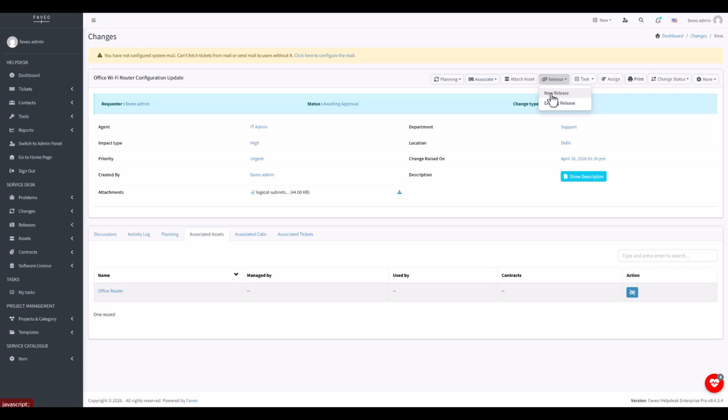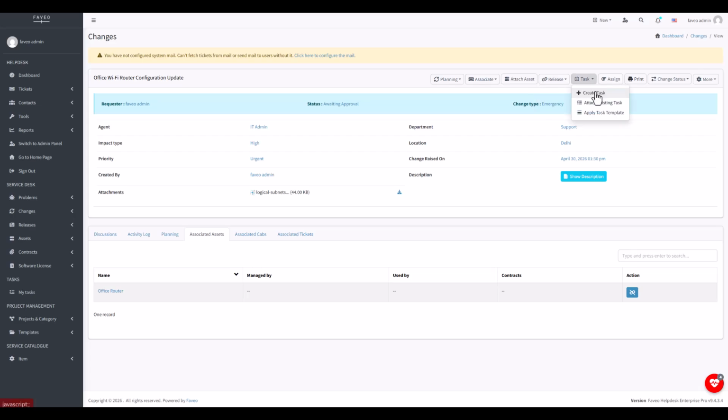You can use this when you want to create and link a new release record for the current change. For example, you are creating a new release for the router firmware upgrade scheduled this weekend. For existing releases, you can use the existing one that has been created earlier, so that you can link this router configuration change to the already planned network maintenance release.